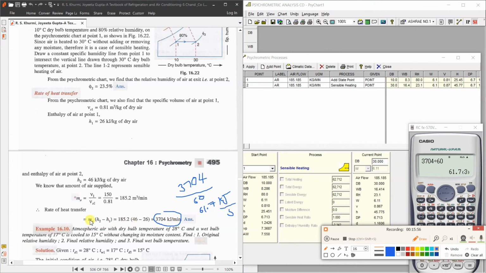How we get this value? Mass flow rate of air, which is, this unit is kg per minute, multiplied by enthalpy. Now enthalpy you have to read from psychrometric chart. Okay, so in software you can read this value. This is H1 value 25.45. Okay, here H1 is taken as 26, whereas H2 value from the software is 45.77, whereas in this textbook they have taken this value as 46. So they are close by. Okay, so because of that there will be some error, because here enthalpy values are a bit different.